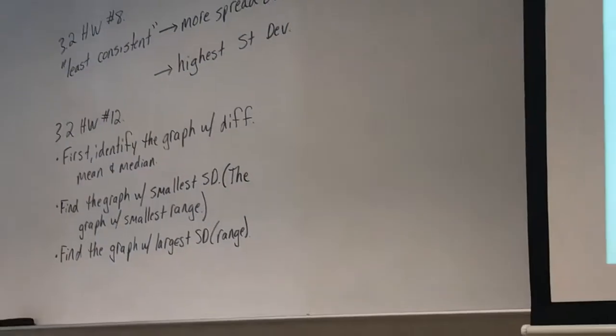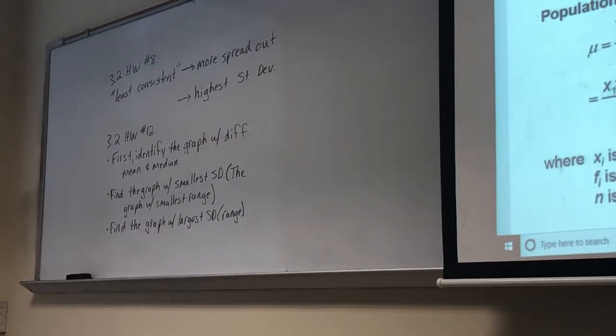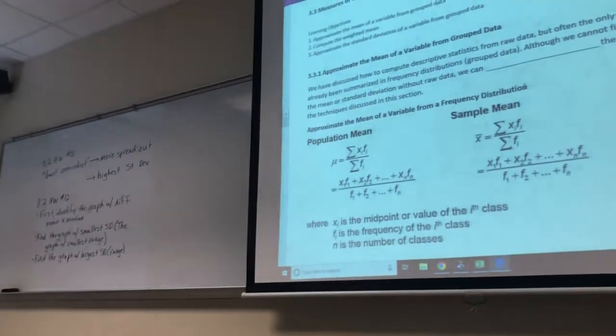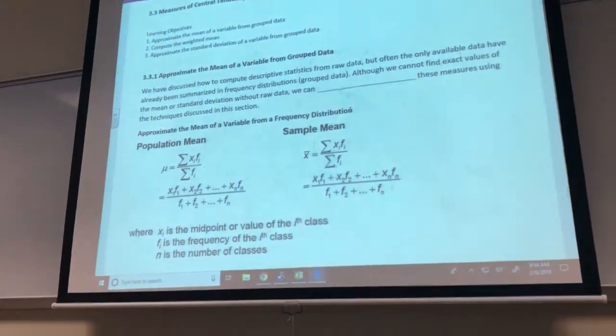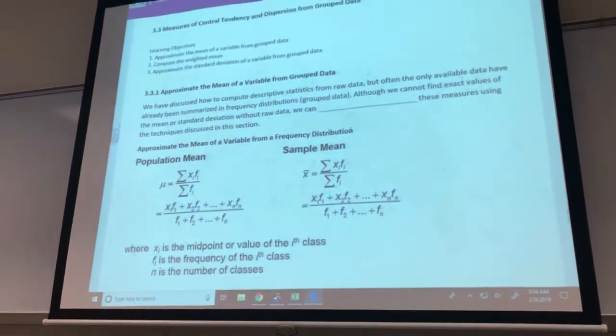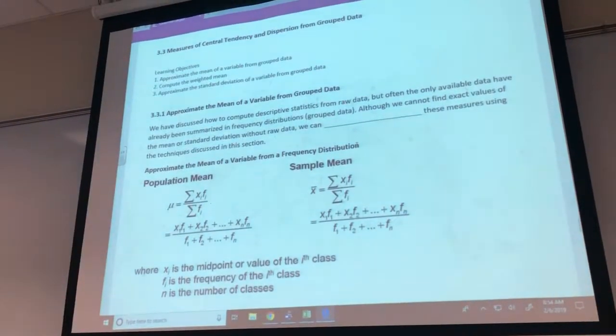So for 3.3, we're going to do basically just the mean and the standard deviation for group data. When we have group data, that just means it's going to be a frequency distribution. So the problem is if we have a frequency distribution, we don't know the actual